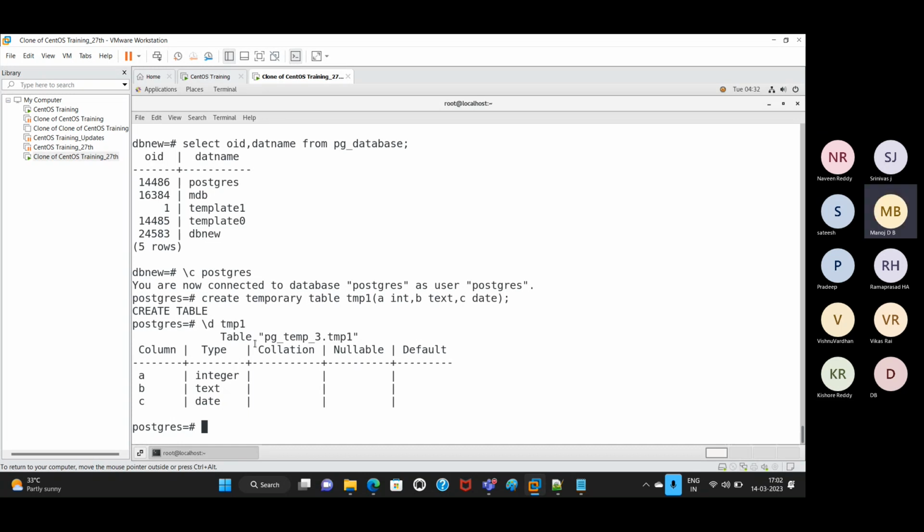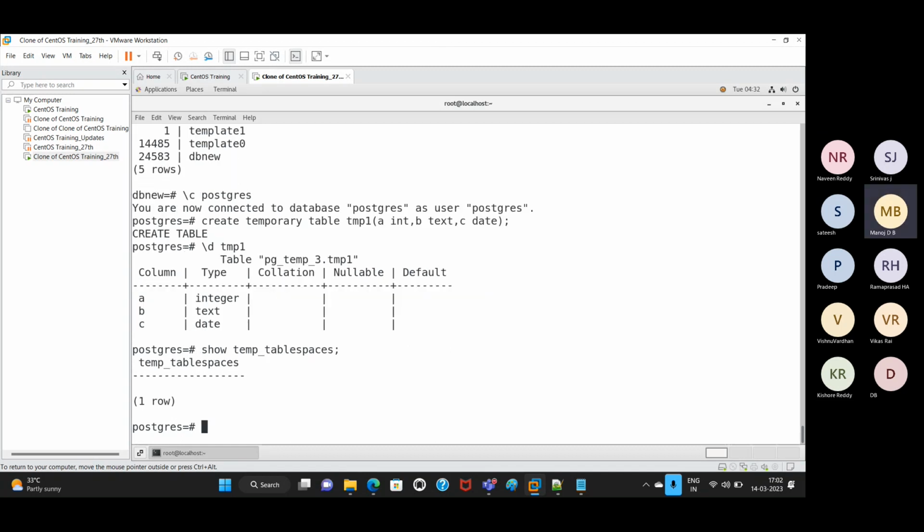Now see here, and also as of now, show temp_tablespaces. See here, currently there is no temporary table space. As of now, there is no temporary table space. So that's why every temporary table will be created under pg_default. This is not recommended, to create the table on a user defined or pg_default table